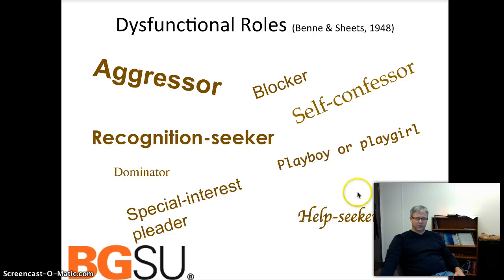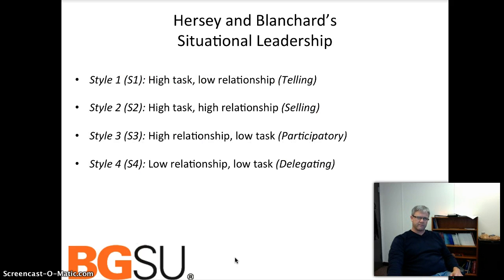The help seeker, right? The help seeker is an interesting kind of notion about negative kinds of roles within the group. Almost helpless, right? So you need to be looking for how people fit into the group, not only in the positive side, but also in this dysfunctional side. The book also talks about Hersey and Blanchard's situational leadership, 4 different styles of situational leadership,